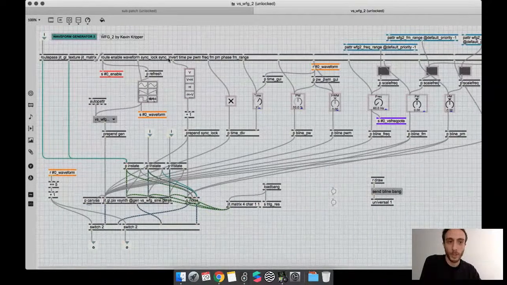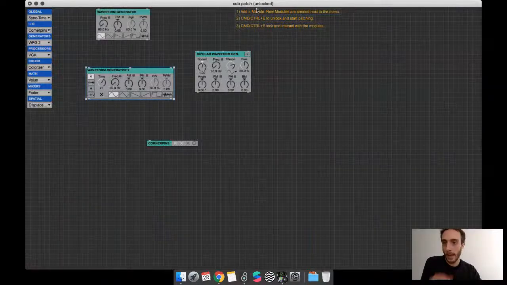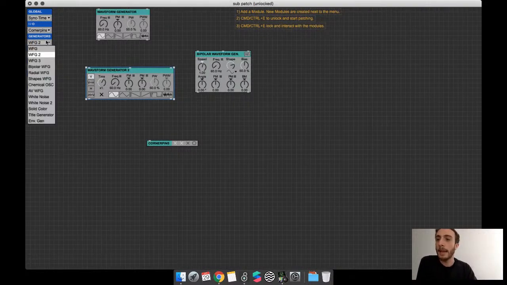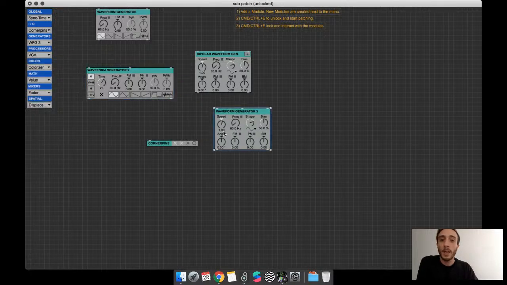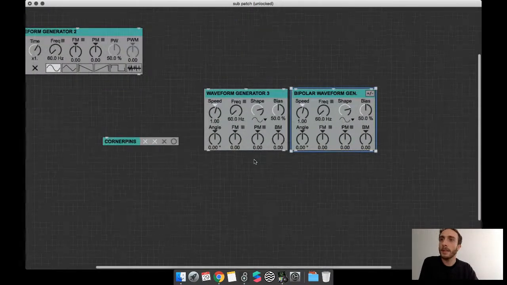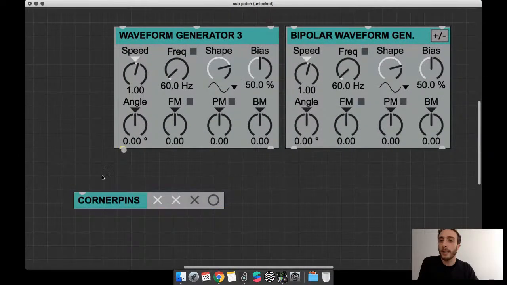Changing shaders on the fly is really a big game changer. Yeah, and then you have more waveform generators. I mean, there's always room for more oscillators, and then you have the waveform generator 3, which is pretty much the same as the bipolar, as you can see. These are my new designs. And these waveform generators,